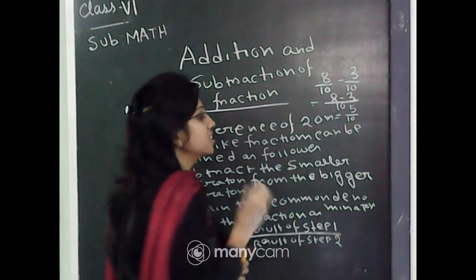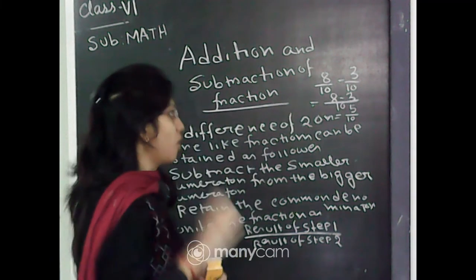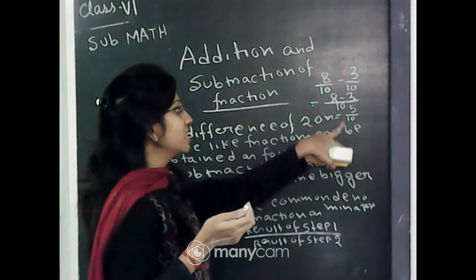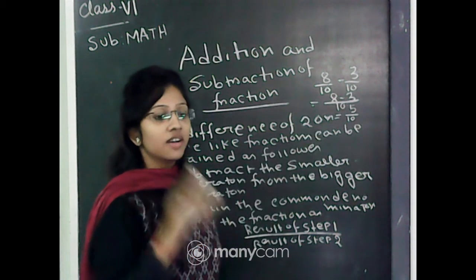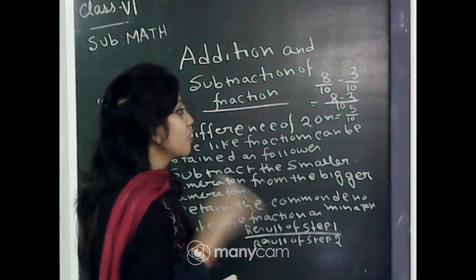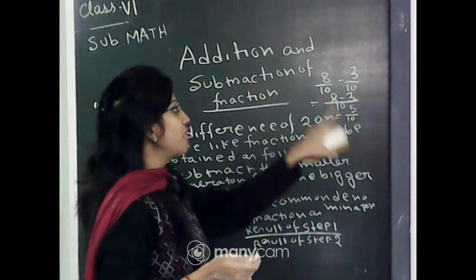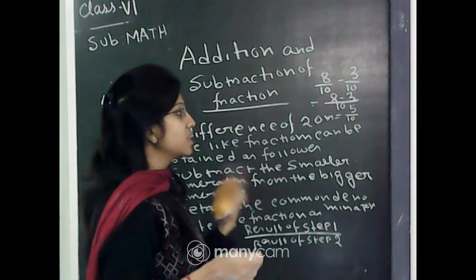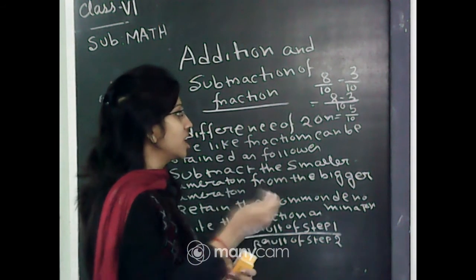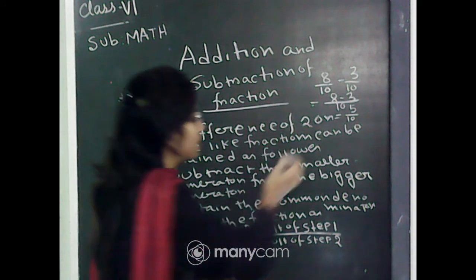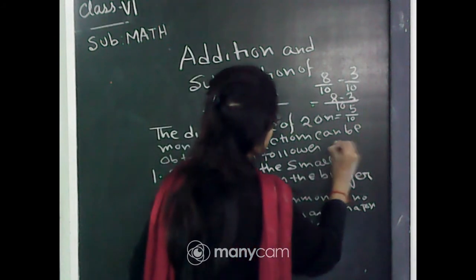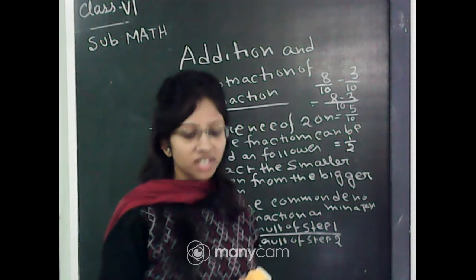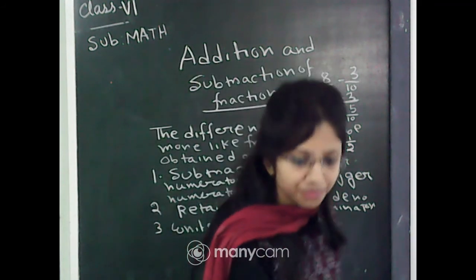Now, this fraction is not in its simplest form, because 5 and 10 have a common factor, and this is 5. HCF of 5 and 10 is 5. So, to make its simplest form, we divide both the numerator and the denominator by 5, and therefore, we get this is equal to 1 by 2. Up to this portion, any problem, students?